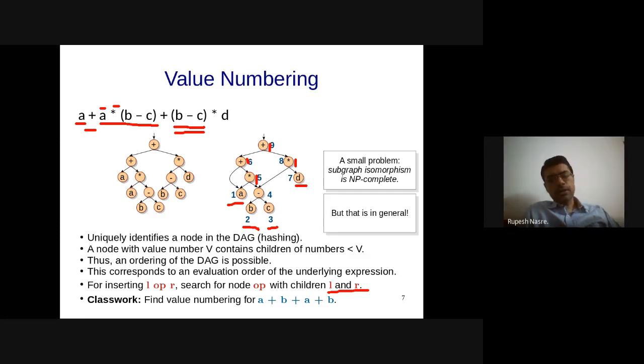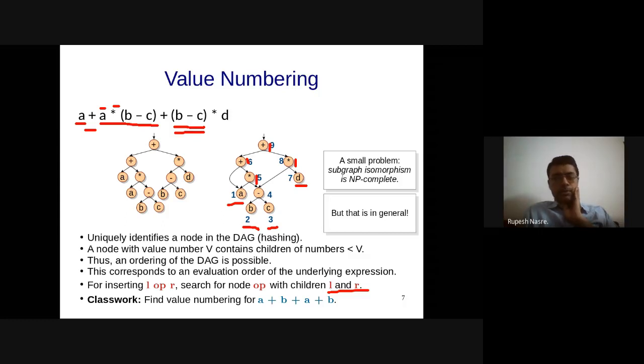So the tree that you got would work for something like this. For this kind of expression which I have posted in the chat box, that 4-node tree is okay, right?